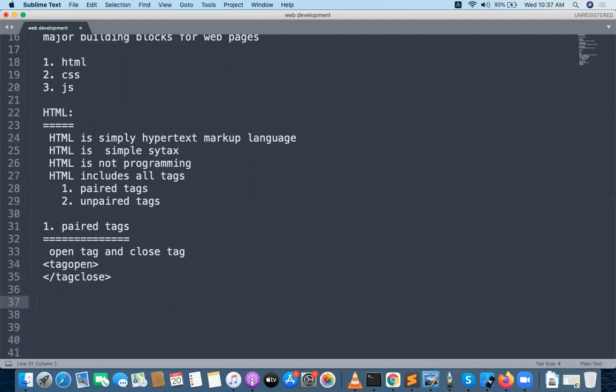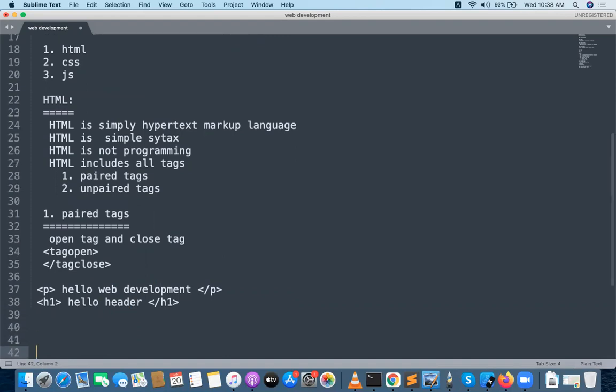For example, if I want to design a paragraph, I need to start with the P tag, and whatever content you can write, like hello web development, and finally I close the P tag. If I want to create a header H1, I write something like hello header, and H1 is closed like this. These are called paired tags.